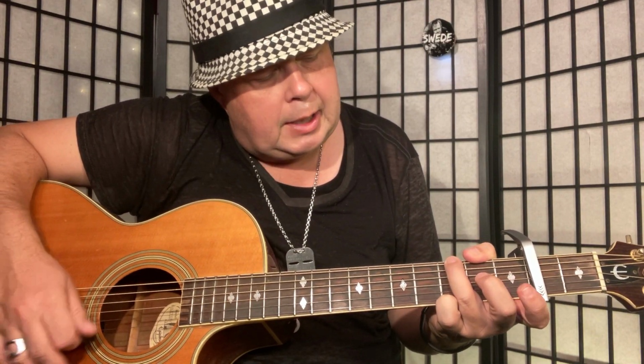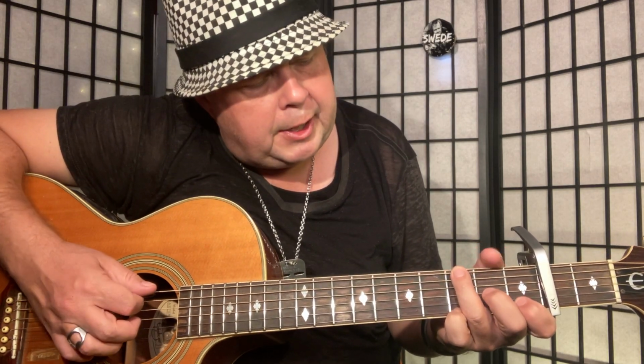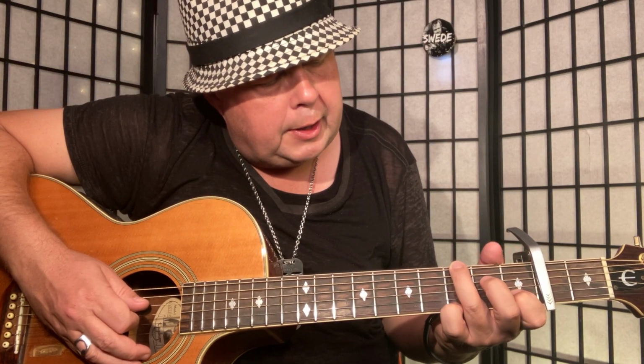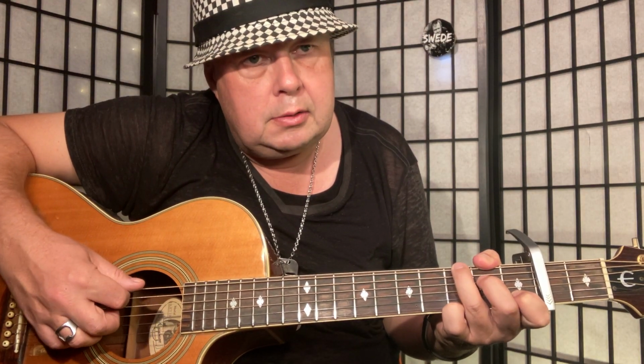I'm doing here over the G. Sometimes I'm playing the G with 3rd finger and 4th finger like that, muting the A string, and then I'm adding over the G, and sometimes so that's 1 and 2 B string, G string, and sometimes I do 1 and 2 B string, D string. That's like a C over G. 1,